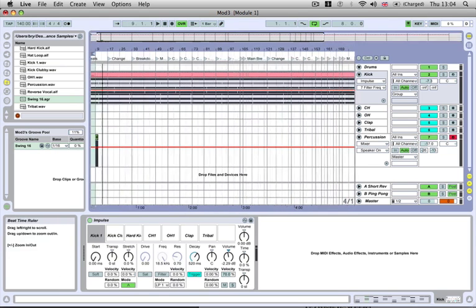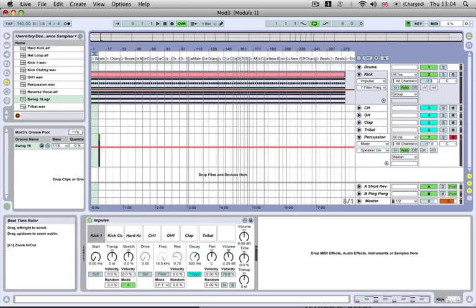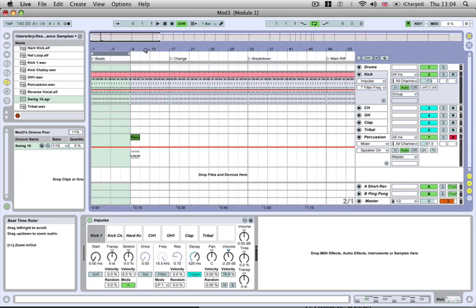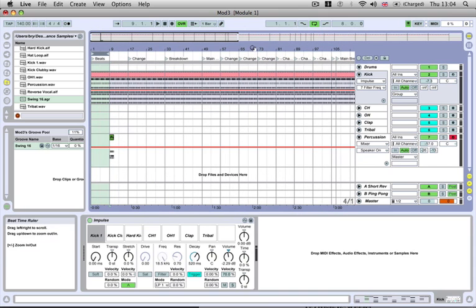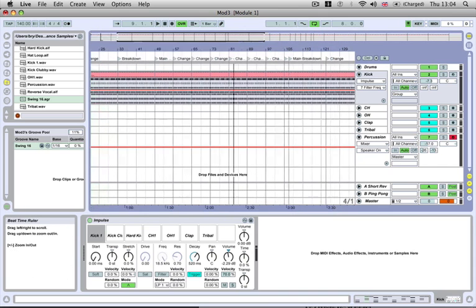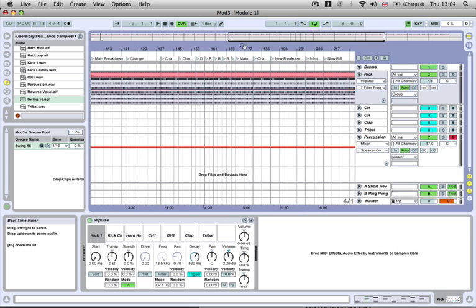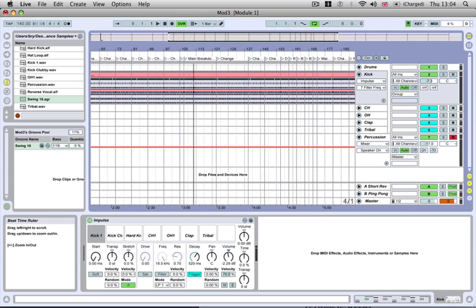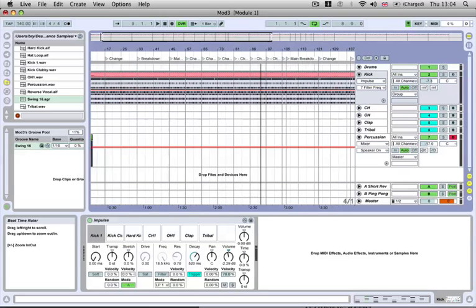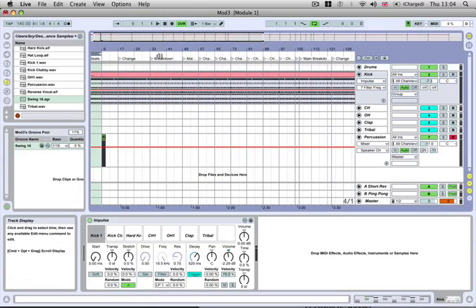So from here, we should be able to easily arrange out our song, and we'll just continue on with this in the next tutorial. And like I said, I will save this file out as an individual project, so you could actually start this project using this file, and you won't have to go through and put all of these in. But if you do want to follow the guide of another tune that you like the structure of, you could just put it into the top of your track and make notes on where each of the changes are, where the breakdowns come in,